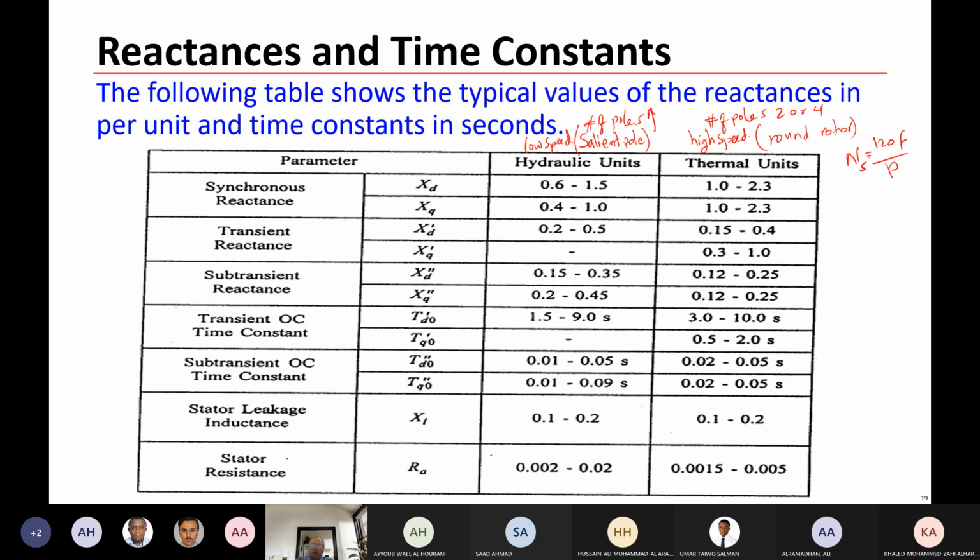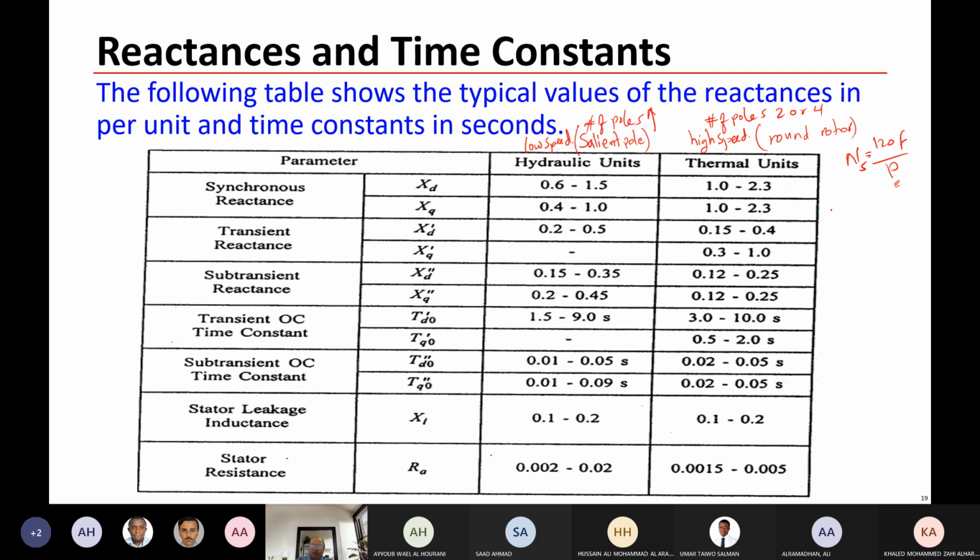So synchronous speed is high. Here we have a higher number of poles and the speed is low. So to reach the frequency equal to 60 hertz, you need a higher number of poles here